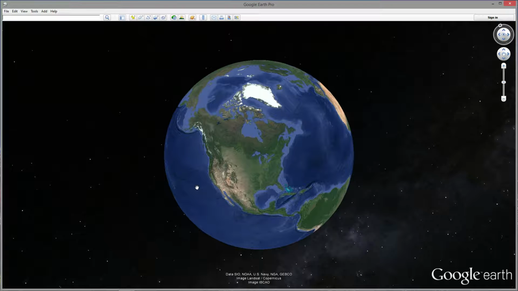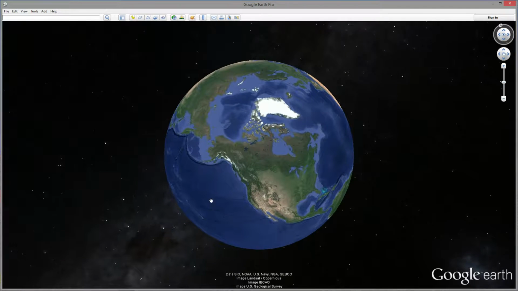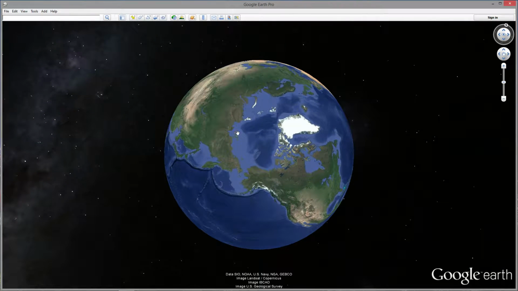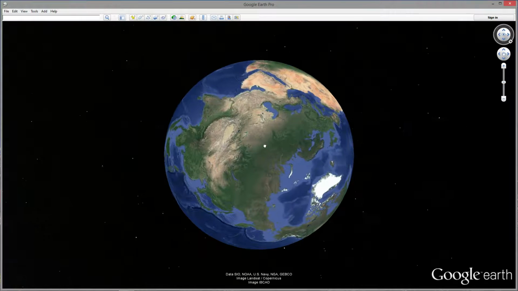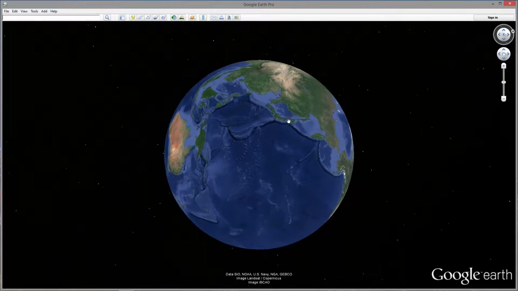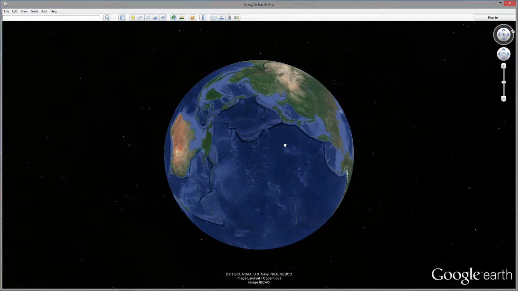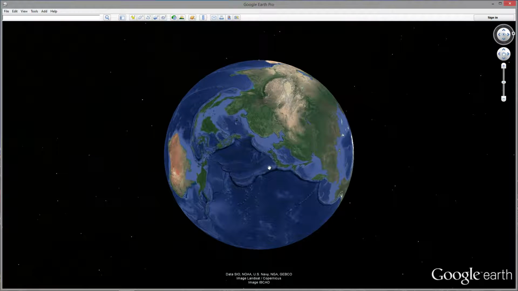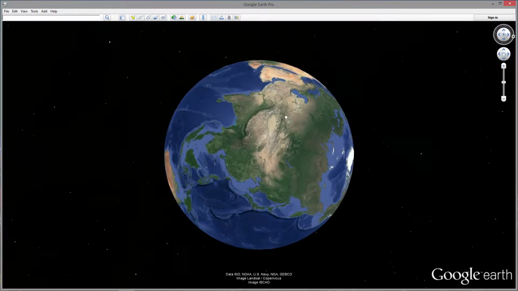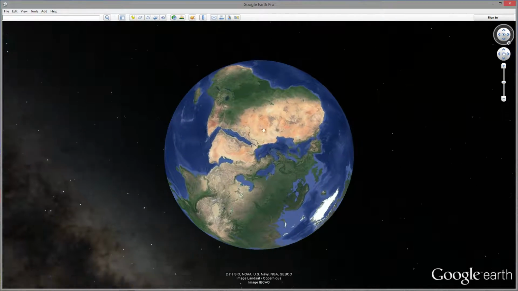Since Google Earth came out, and since I was a little kid watching Indiana Jones, it's been my dream to explore Earth and find out all that there is to have, all of the creations of nature and all the creations of humanity. Unfortunately, there are areas of the Earth we can't explore because of either climate reasons, financial reasons, or human reasons. There are wars all over the place.